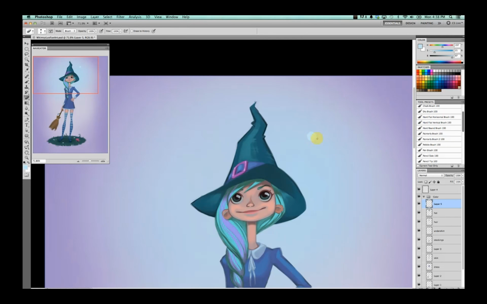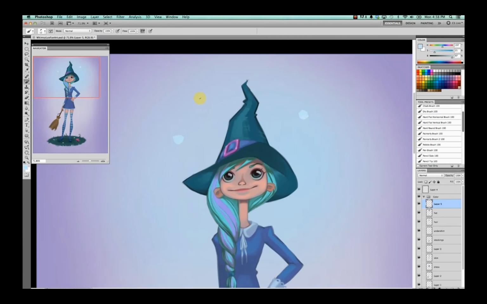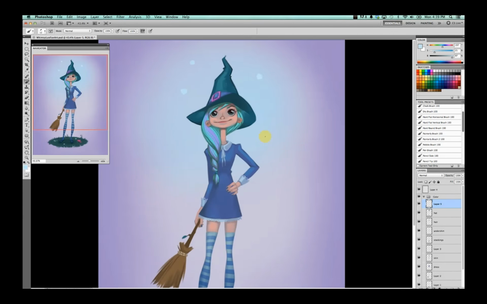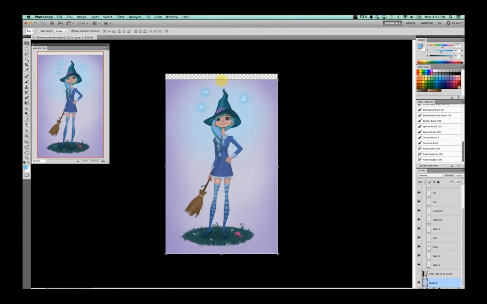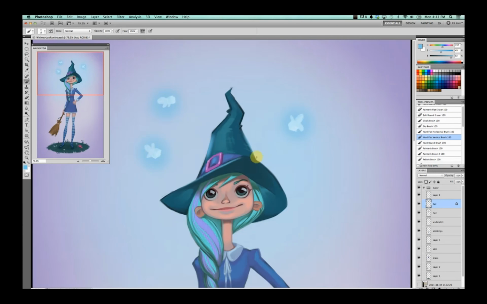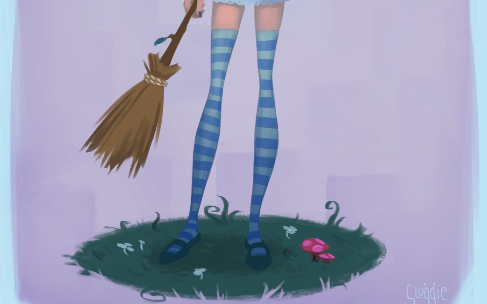And also Mitty's pride and joy, what she was really excited about, was these fairies. So of course I had to put those in. And they had to light up the hat. But yeah, this is my final